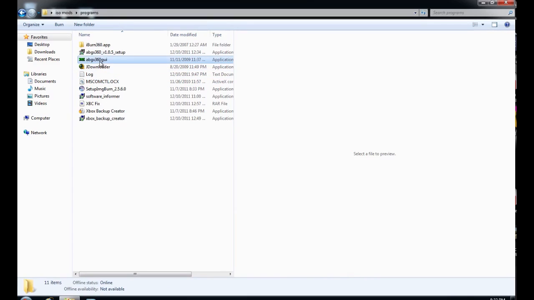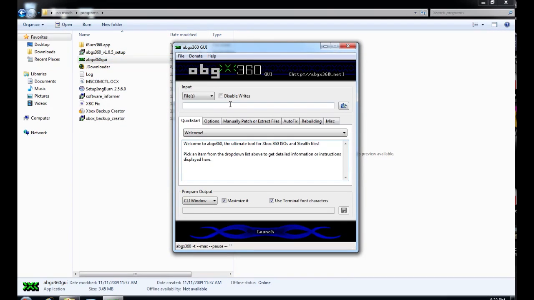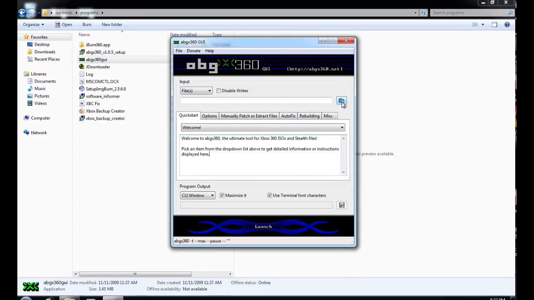There it is. This is important, because you've got to stealth patch it. If you don't stealth patch it, you could get your Xbox banned. So anyway, when it's open, you want to click on the little arrow there with a folder,